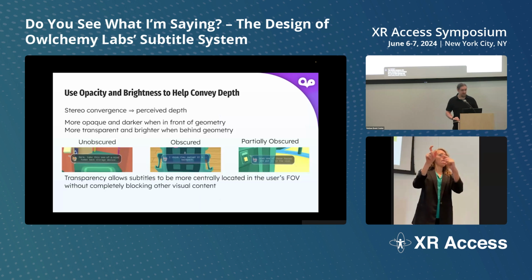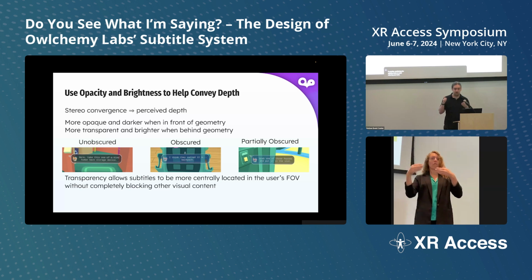Finally, we come to the biggest issue with placing subtitles in the world: occlusion. And you may think the solution to this would simply be to have subtitles render on top of everything else if they would be hidden by objects in the world. But in practice, this leads to a weird mismatch in your brain. On the one hand, your eyes are telling you that the subtitles are in front of everything. But for people with stereo vision, stereo convergence will tell the brain that the subtitles should be behind the objects